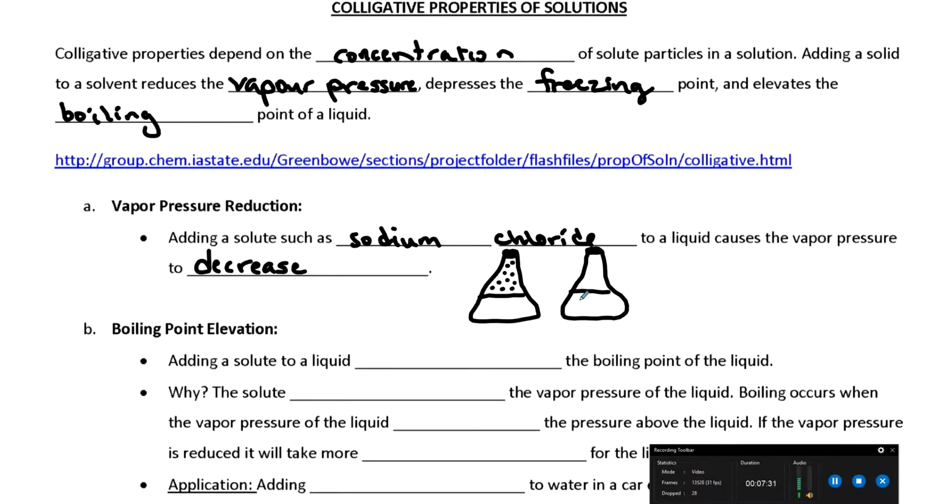Okay, so you've got your dissolved ions in here. What happens is there's an attraction between those particles of water and the ions, right? They're attracted to one another. So the water molecules are attracted to the positive sodium ion and the negative chloride ion, and that attraction prevents